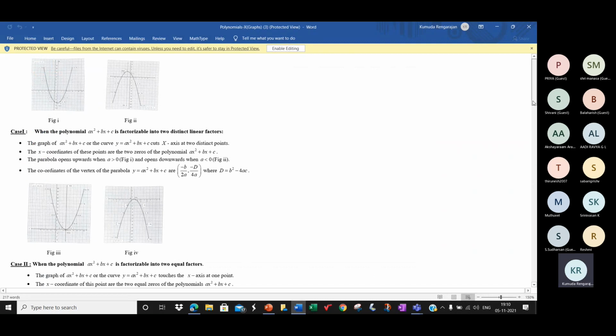Please go through this information regarding polynomials. I'll just give you some time to read this, and later I would be asking you questions. I've shared my screen, children. I'm sure it's visible. Please go through the contents. Later I'll unshare my screen and I'll be asking you questions based on whatever you had seen on the screen.